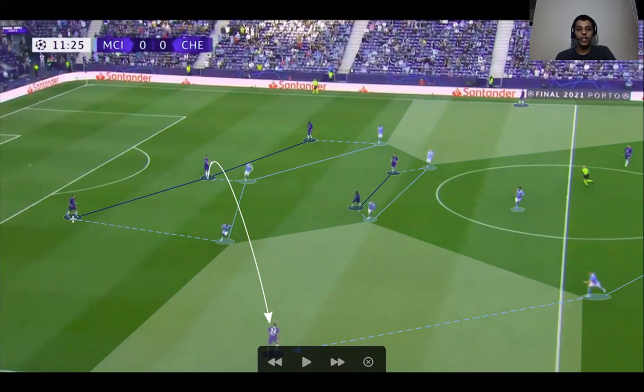So you can see Sterling took Azpilicueta, De Bruyne, Thiago Silva, Riyad Mahrez, Antonio Rudiger, and in midfield we had Foden and Bernardo Silva on Kanté and Jorginho respectively. So this pretty much stopped Chelsea from playing centrally, but it opened up their wing backs. And you can see in this image they have absolute acres of space on the wings, and with our wingers